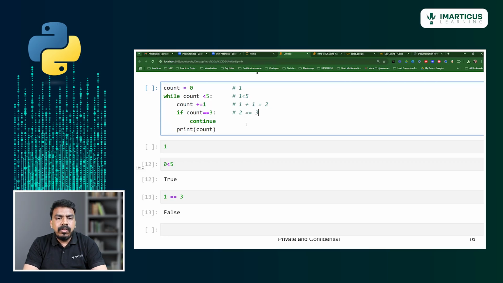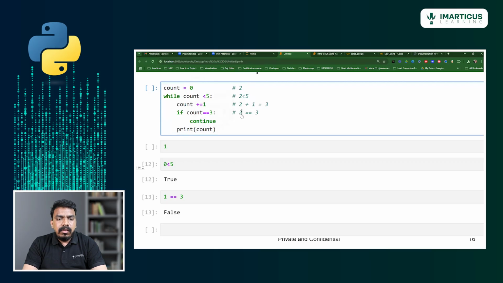No, 2 is not equal to 3. So the continue statement is not executed, and it directly prints the output of 2. Now 2 is also less than 5. So the value of count will become 2 plus 1, which is nothing but 3.